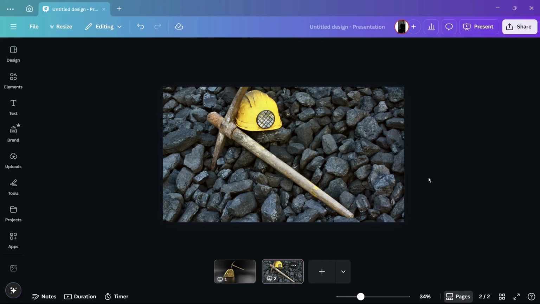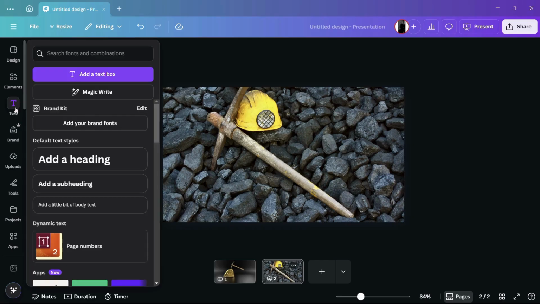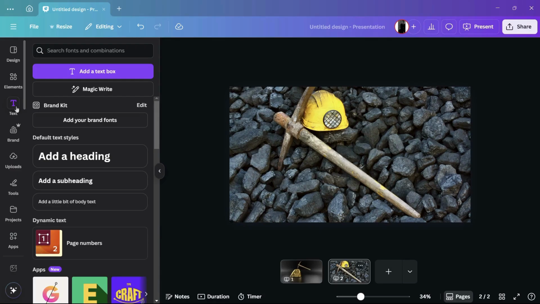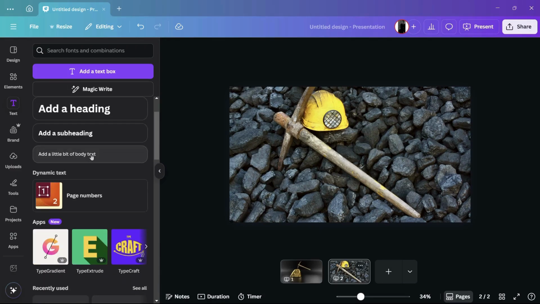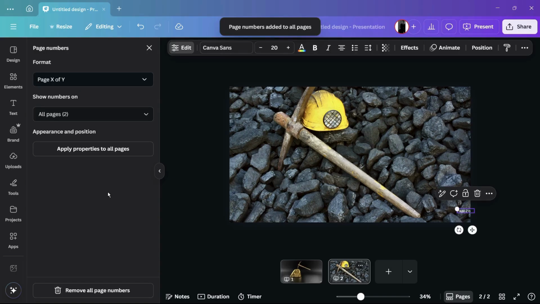So in order to add the page number to these pages, the first thing that you will need to do is simply select the text tab from the left hand side. So once you click onto the text tab, you can see these options, and under the dynamic text you can see page numbers. So simply click onto the page numbers and it will open this dialog box towards this